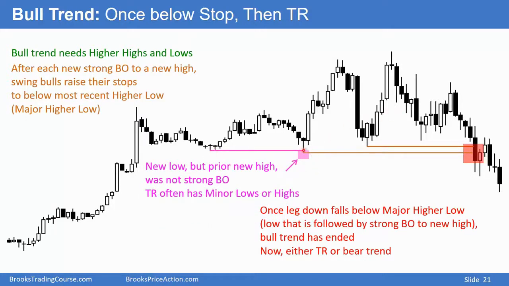We fell below this low, but this is a minor higher low, and therefore falling below it does not change the opinion of the bulls. They still believe the bull trend is up and it's just having a deeper pullback. Where is the major higher low for these bulls? Well, it's probably down here or down here. These bulls are still bullish as long as it stays above this low or that low. Obviously, if it breaks strongly to the downside and does not reach those lows, the bulls will conclude the bull trend has ended. But if it simply kind of drifts down but stays above the major higher lows, it's still a bull trend.